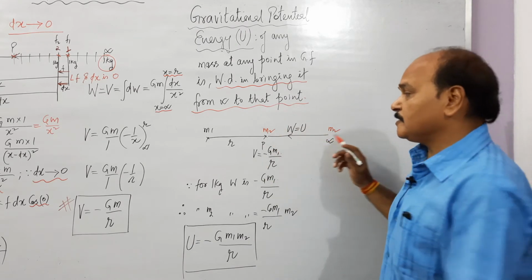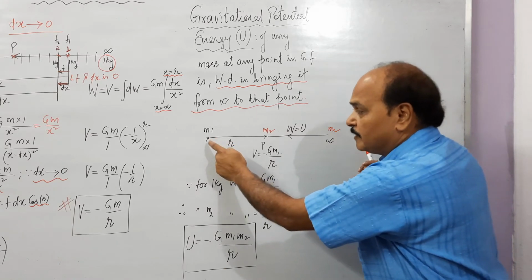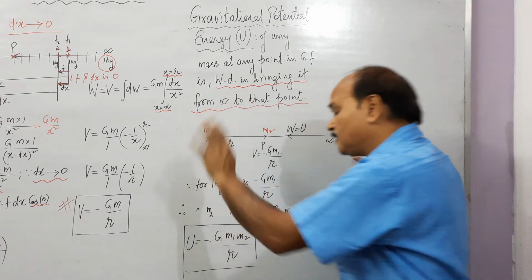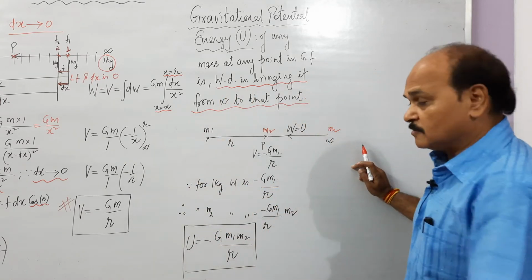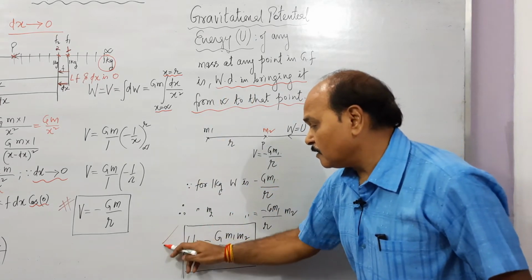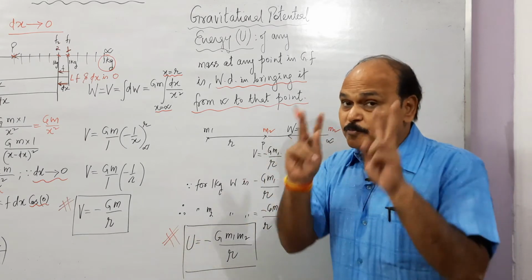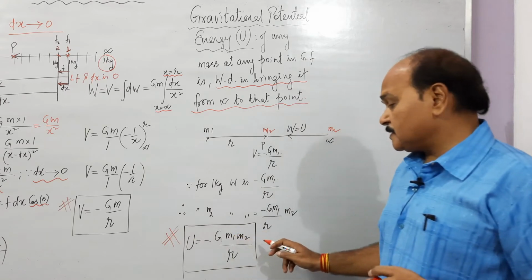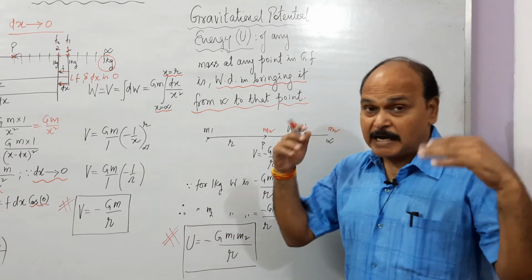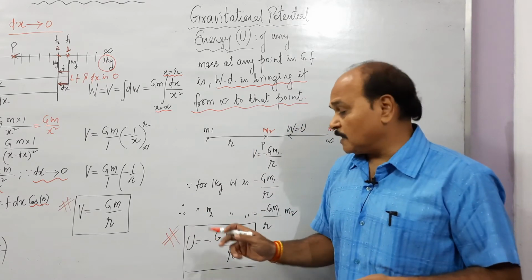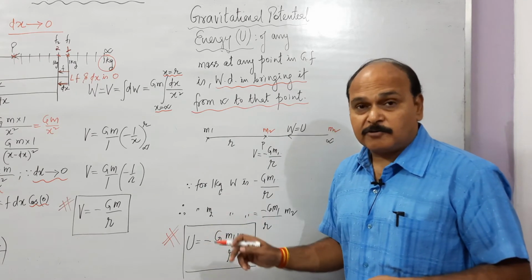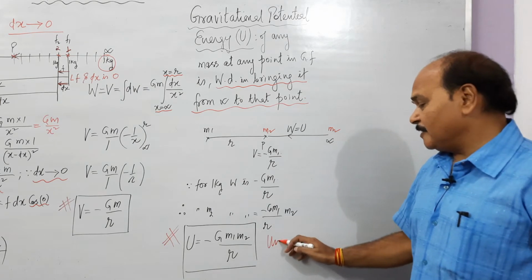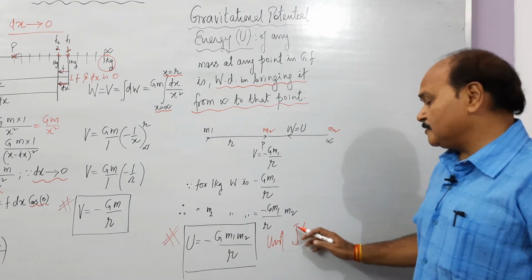Same is the gravitational potential energy of this particular mass. If we bring this mass, keeping the other mass at rest, from infinity to this point, again the work done will come out to be this. So this is the absolute formula of gravitational potential energy of a 2 point mass system, where m1 and m2 are the 2 point masses kept at distance r from each other. And remember, this gravitational potential energy is negative, and since it is work done, its unit is joule.